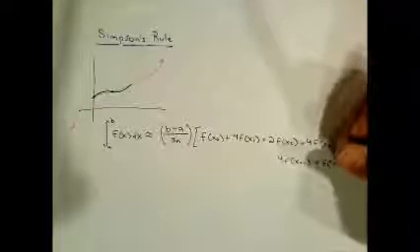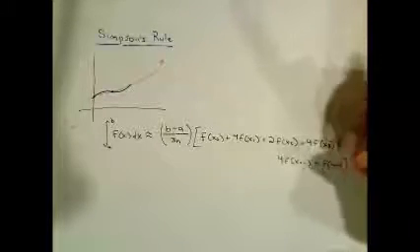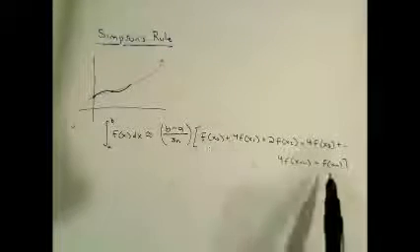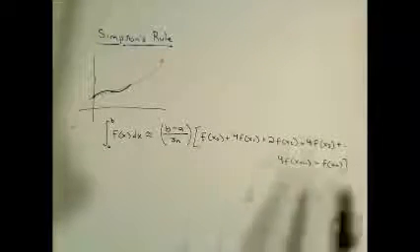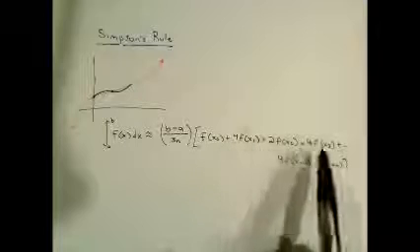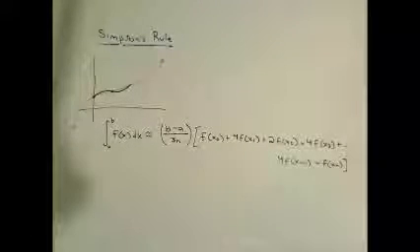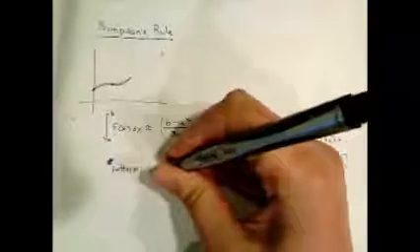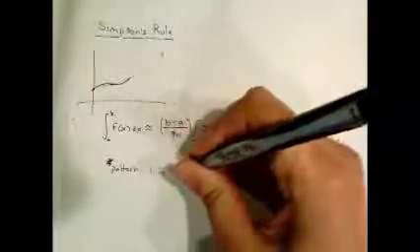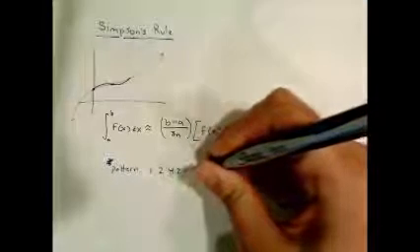So similar to trapezoid, the first and last function values are only used once, but instead of all the middle ones being twice, it goes in a pattern of 4, 2, 4, 2, 4, 2, 4. And so sometimes it helps to just completely separately tell yourself the pattern is the first coefficient's 1, and then it goes 2, 4, 2, 4, 2, 4, as many times